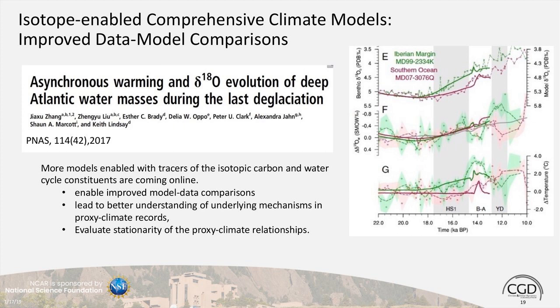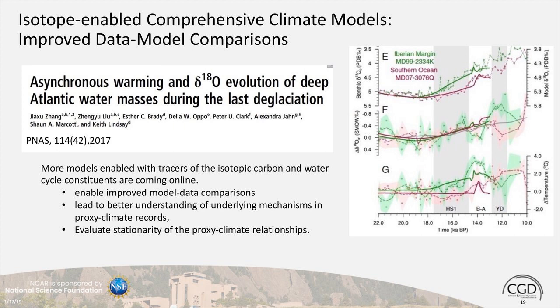And it doesn't get you all the way there with delta O18 because what you are measuring is the delta O18 in calcite, and that has a temperature component. But with offline proxy models, you can take the delta O18 in the seawater that's predicted by the model and temperature and use some offline proxy models to make a better comparison with the record.